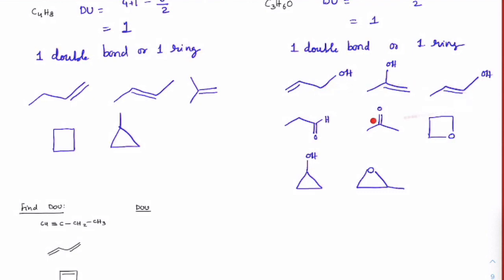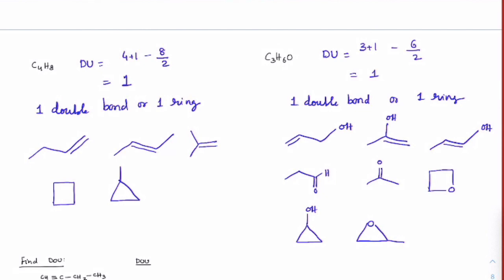You can see so many possible products you can get. You might be wondering, sir, how do you know all these products? Slowly, when you learn the functional groups, you'll get to know. Like what are all the functional groups? This is alcohols. These are aldehydes. These are ketones. These are oxiranes. These are epoxides. Correct? So like this, you'll slowly get to learn all the functional groups. For now, our most important idea is to calculate the degree of unsaturation. Okay, and as you go towards isomerism, you should be prepared enough to understand how many possible molecules you can get. Okay, I hope all of you understood that.